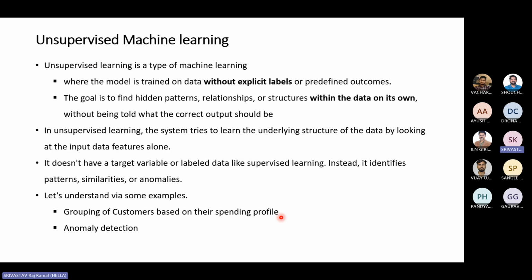Let me give you one example. Let's go back 10 to 15 years. Look at how exit polls used to happen. People used to visit different locations, ask people whom they were going to vote for, and collect the data. Even this is done even now, but sometimes we find that exit polls are totally opposite to what was predicted. Now, what could have gone wrong in that scenario? So here there are human biases.